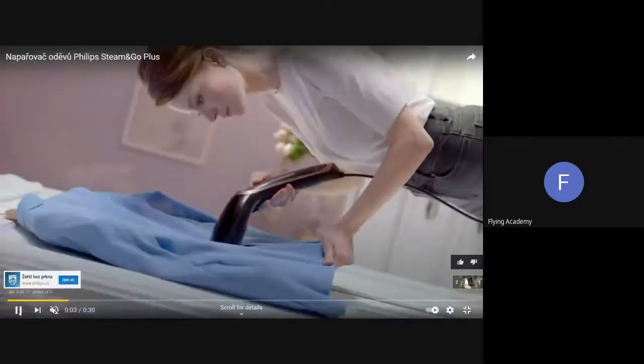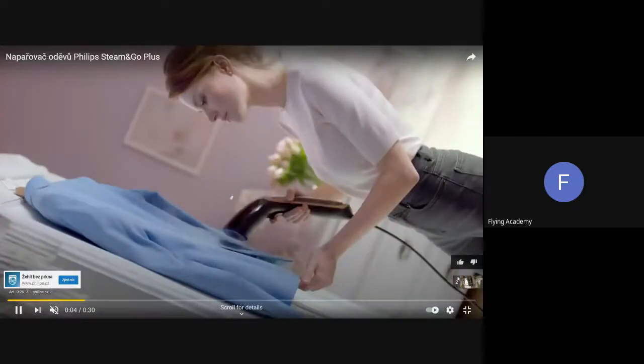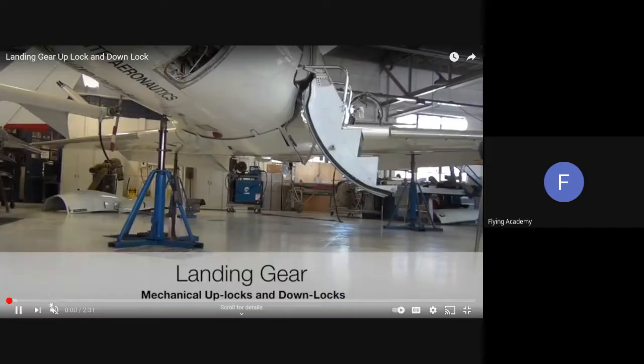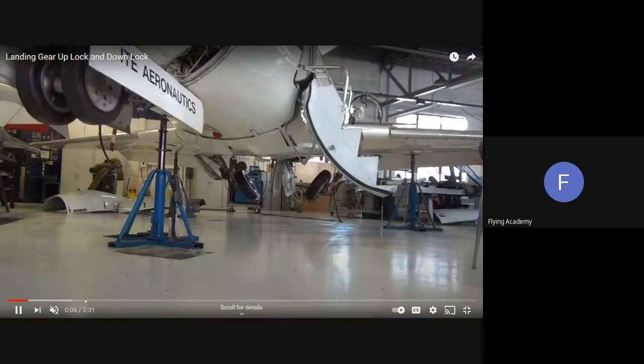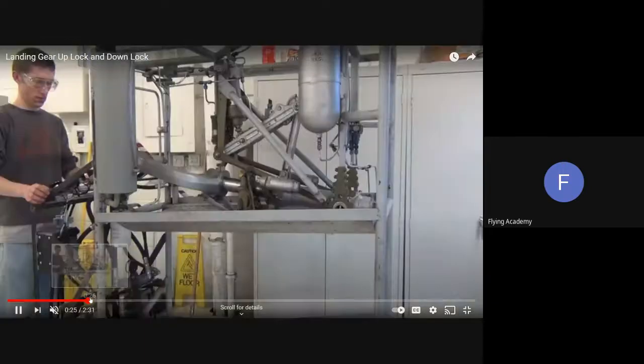Here the lock of the landing gears in the up and down positions will be perfectly represented, because there is a special stand for testing the landing gear mechanism. And here this guy will show us how the system is working.